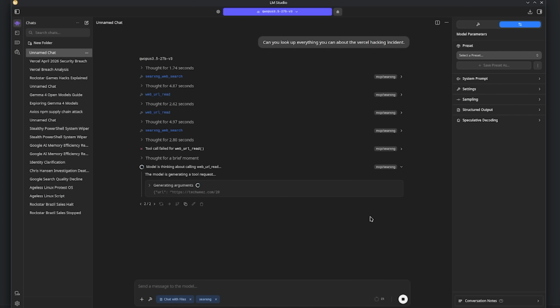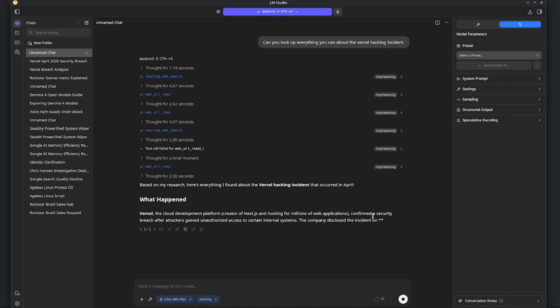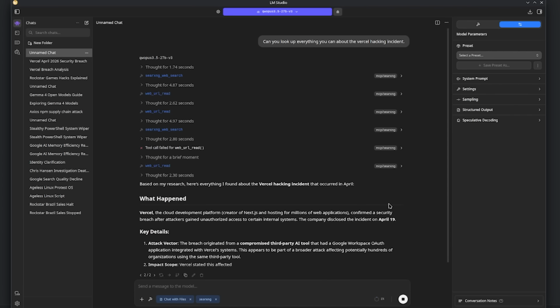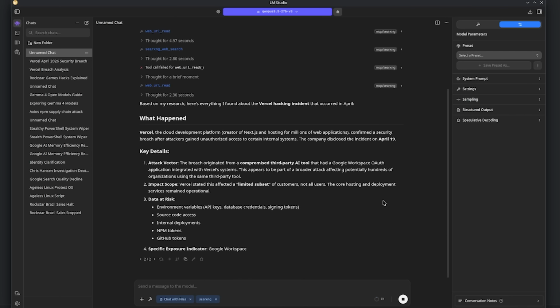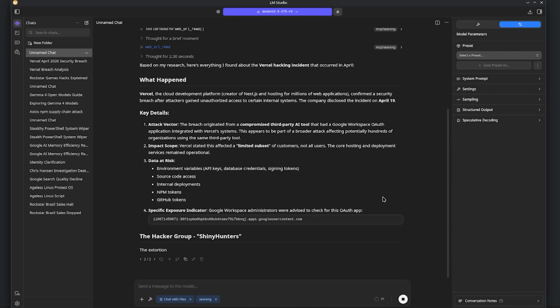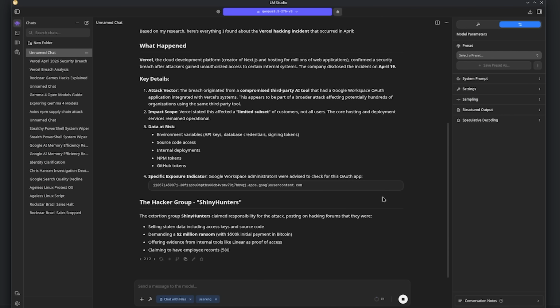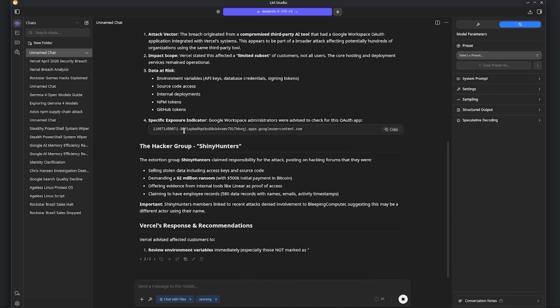up their information. They basically let this company surveil what they're doing. And in a lot of cases, you can actually just do a lot of what you're seeing those big model guys are able to do on your own local system. So you can see over here, it's definitely getting more verbose. It's looking into more things. It's definitely able to look through more context. It's even given me actual exposure indicators.